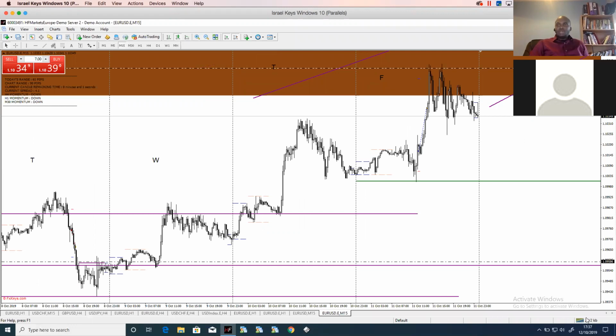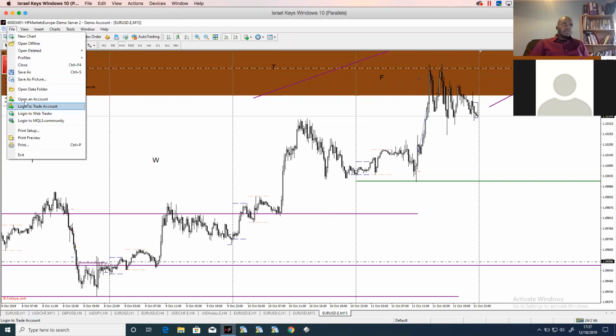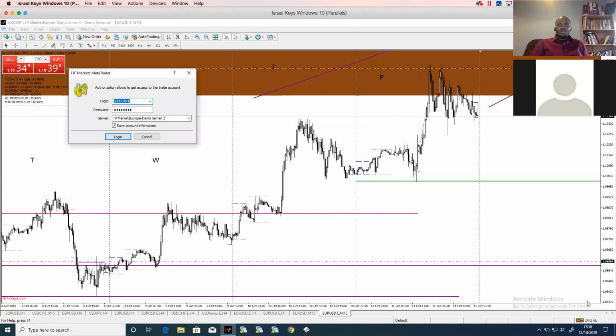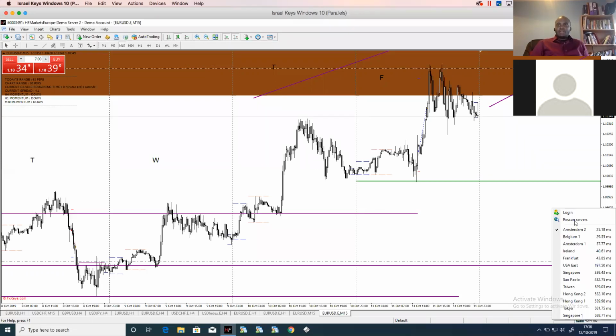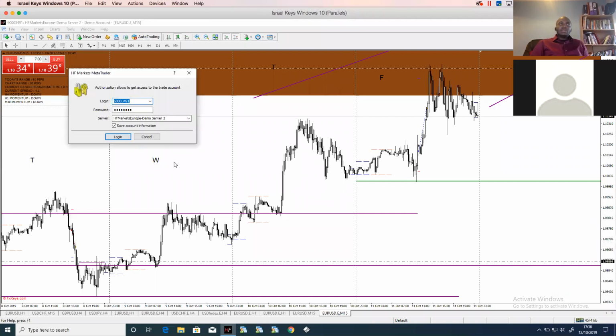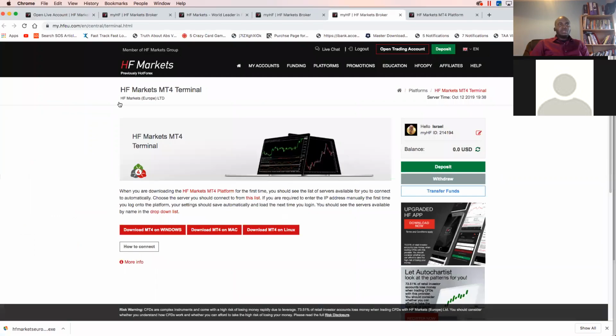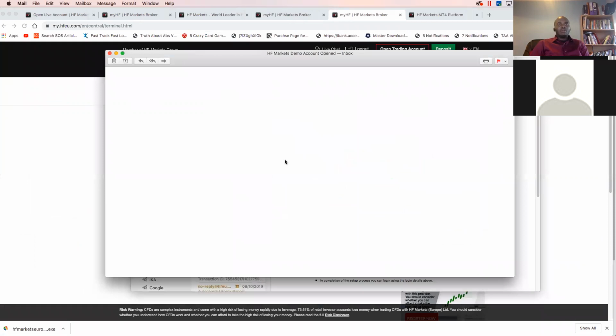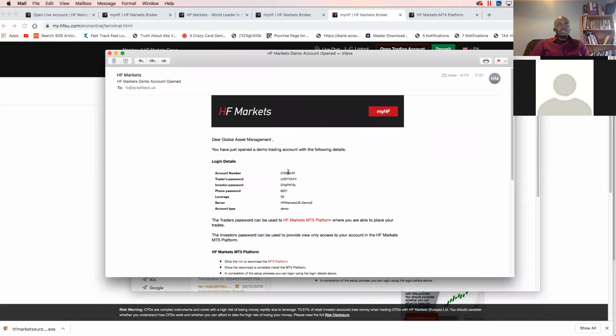You then go down here in this corner where it says connection status, or you can go here where it says file, log into trade account. So you can do it this way, or you can go down here and click on this, and it will say login, same thing. And then you put in your new, remember this information, let me show it to you. The one we got by email. This information here came to your email address. You put that account number in,